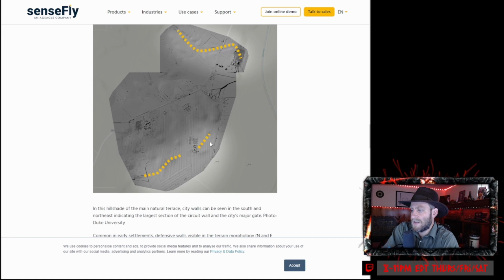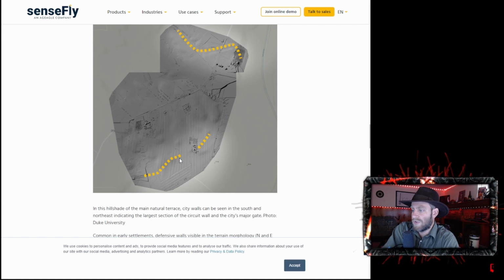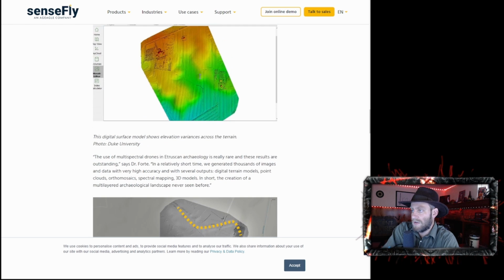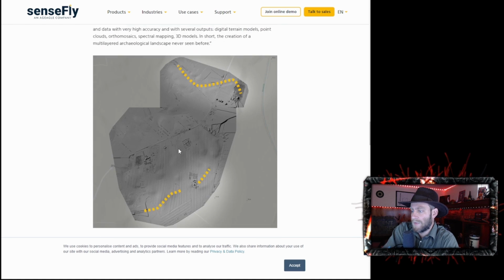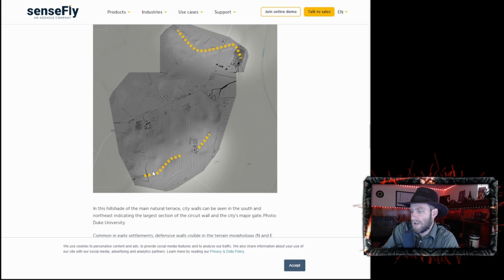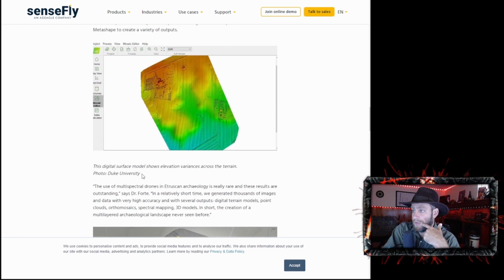These dotted lines here indicate locations of Etruscan walls. And so this spot right here where this wall was coming out corresponds with this straight line right here. So the wall kind of undulated down around this way as it did right here. So those are the sort of things that I would be on the lookout for if I'm looking at these sorts of images, like things that are unusually